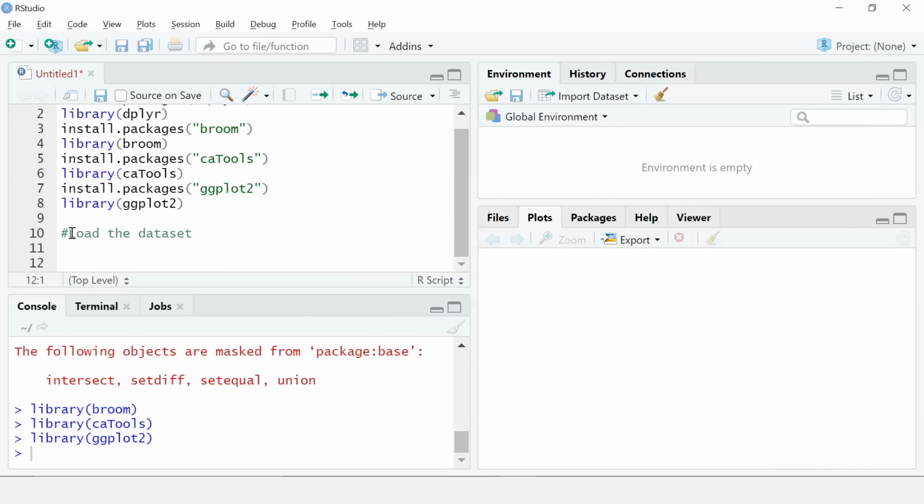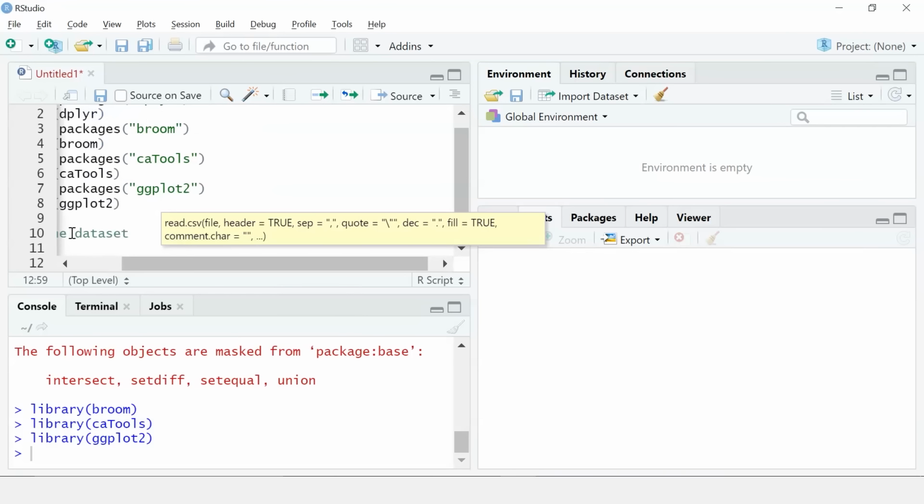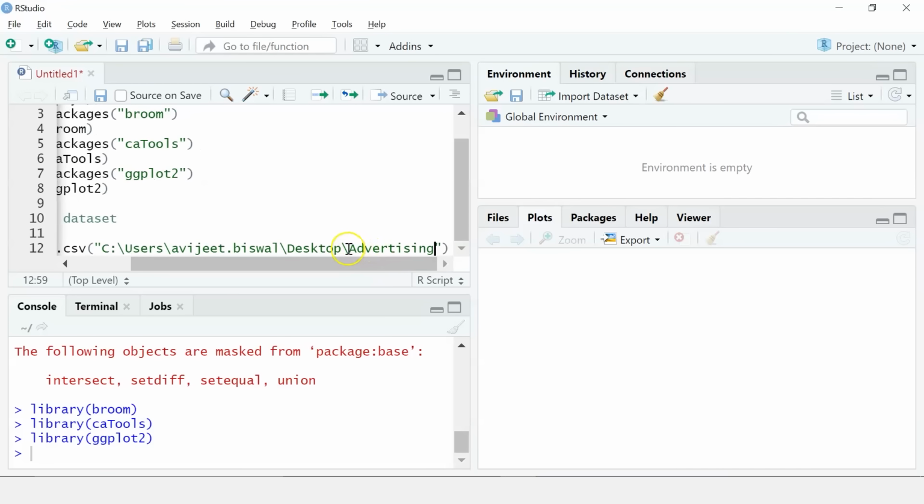So I'll take a variable name ads and then using the read.csv function, I'll pass the path location where the dataset is present. Now one thing to note is we have to change all the backslash to forward slash, otherwise R won't accept it.